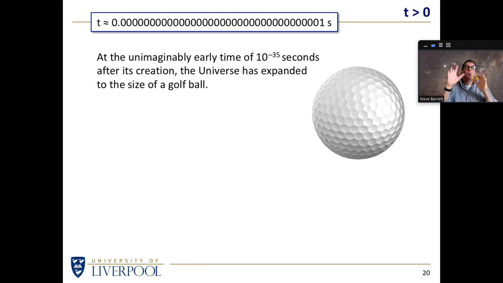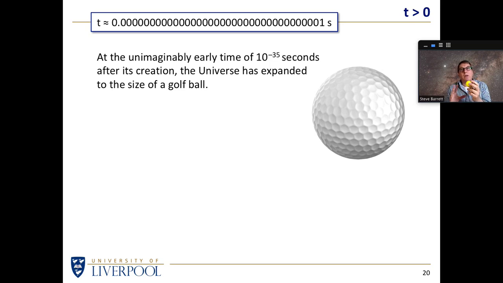By the universe, that's my shorthand for everything that we now see in the observable universe, everything that is now within 40 or 50 billion light years of where we're sitting at the moment. Everything that we currently understand in our observable universe used to be in a volume a few centimeters in size. In other words, everything used to be a lot closer. Trying to imagine everything in the observable universe inside a golf ball is a bit tricky.